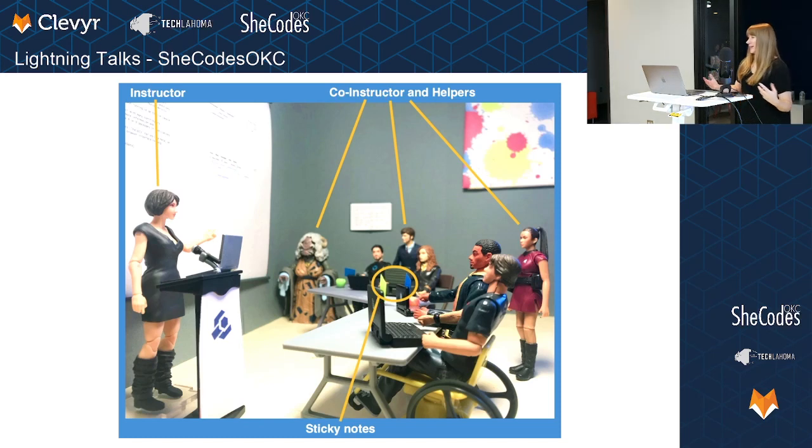They don't show slides, they don't teach from a PowerPoint like I'm doing right now. They will live code, and the learners in the audience will code along on their own devices. There will be a co-instructor who's ready to swap with the main instructor and keep everyone fresh during the day.